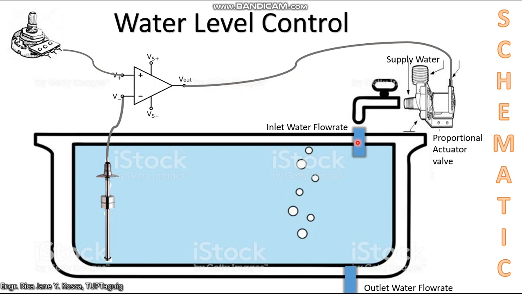But kailan nga ba mangyayari yon na nag-equal yung flow rate nilang dalawa? Because at start, we cannot say that na-equal agad sila. Okay? So, let's start our assumption na at start, mahina ang flow rate dito. Kunwari, nasa 20% open lang itong valve. So, syempre, mahina ang flow rate nun. Dahil mahina ang flow rate nun compared sa flow rate nitong outlet, meaning to say,